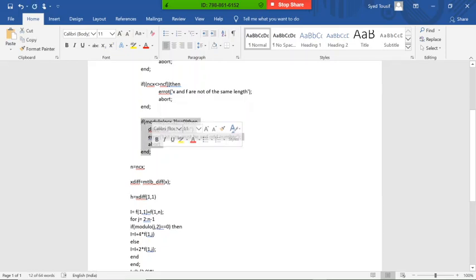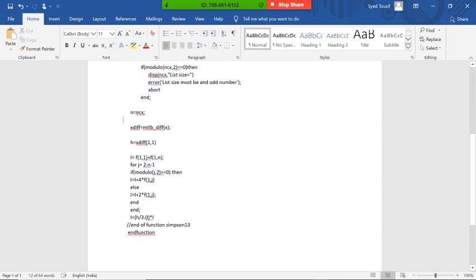Then we finally check how many values there are in the column. After that we compute the difference between each pair of values.